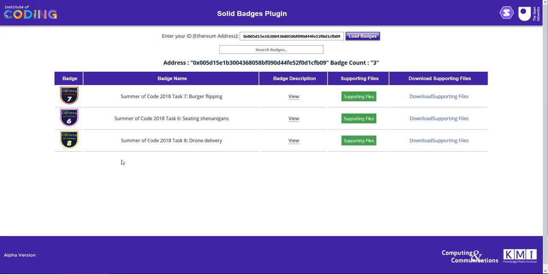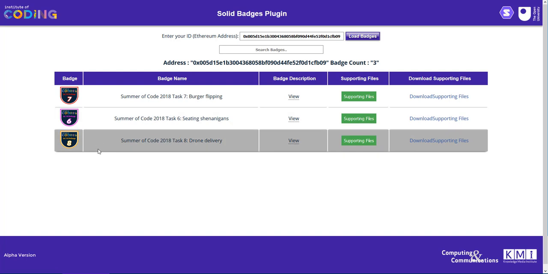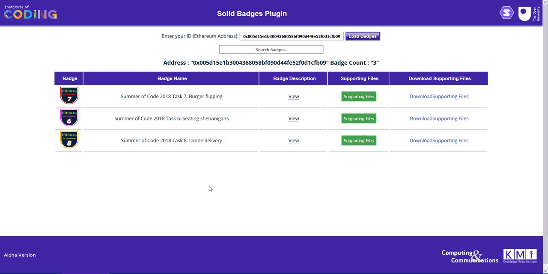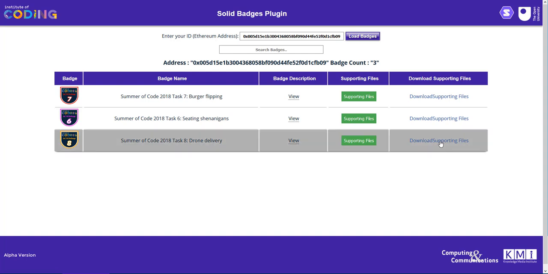So here you can see the 3 badges that the student earned and claimed, and you can imagine that they could have lots of other ones. Now, something that the student may want to do then is share the data of one of their badges with a potential employer. And to do that, they would need to download it from their pod and send it to their employer. In this case, there wasn't any supporting evidence, so it's just the open badge file that would be